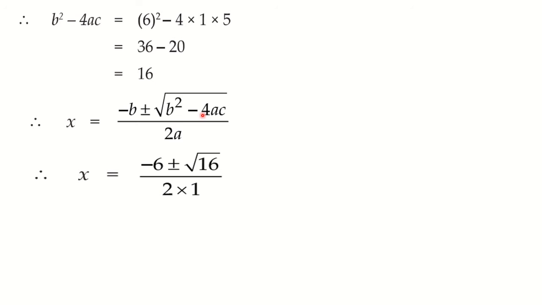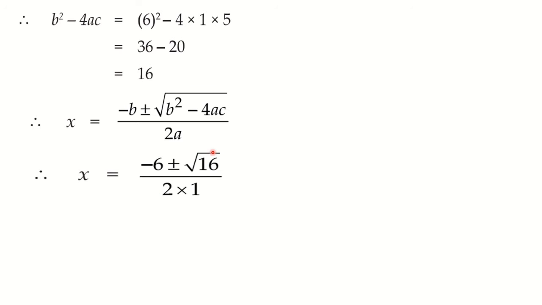So I said that you need to find it separately so that here it will become easier. Otherwise, in the formula if you are putting, then you have to put the values, then in the next step again you need to solve it. So the steps will go on increasing. Instead, here you find it and then directly you substitute here. Okay. So minus 6 plus or minus root 16 upon 2 into 1. The value of a is 1. So 2 into 1. This is just a substitution. You have to write down the formula. You know the formula. That is your knowledge. And here you are substituting the values.